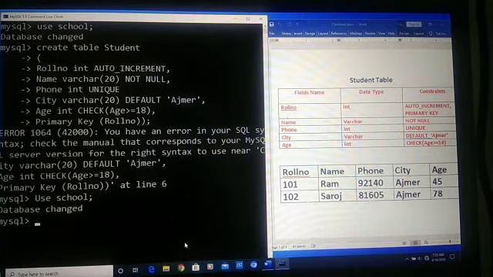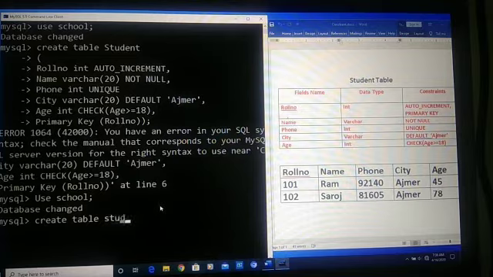So to create a table we will write the command create table. So first we will write here create table. Our table name is student, so we will write student and open parenthesis. Then our first attribute name is roll number, so we will write roll number. Its data type is mentioned here as integer, so we will write int. Now we have to set constraint.